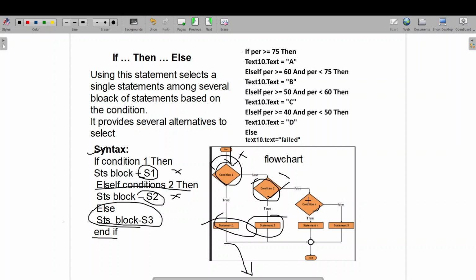And suppose it is also not satisfied, I'll keep checking the conditions. However many conditions you have written, or instructed your computer, that many conditions will be checked. And finally, if none of these conditions are satisfied, it will print a default statement.